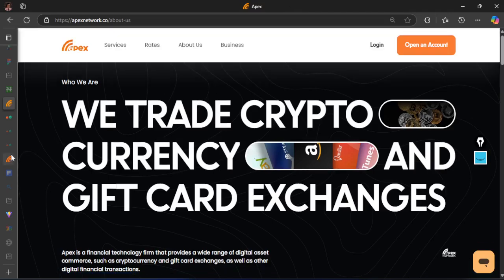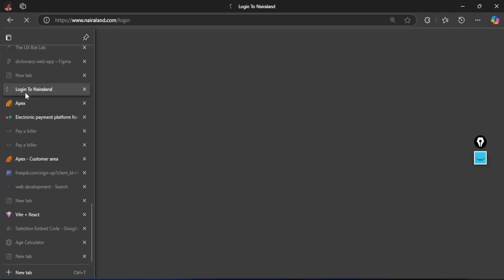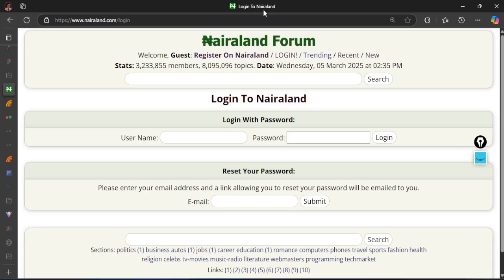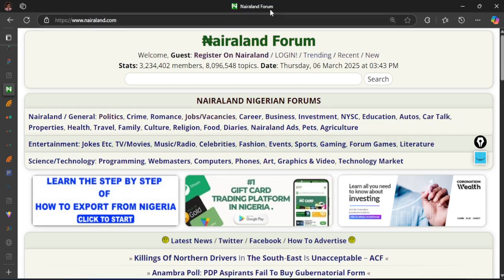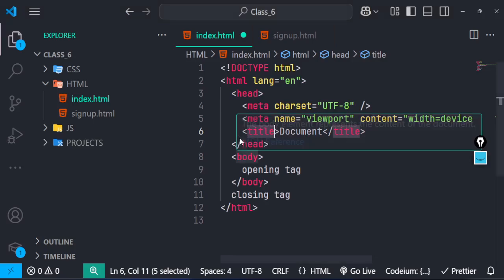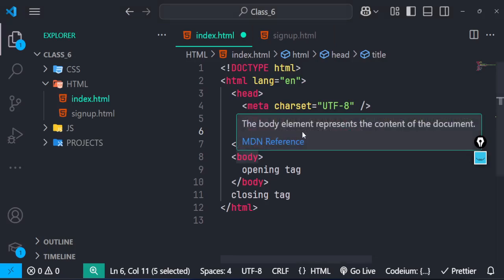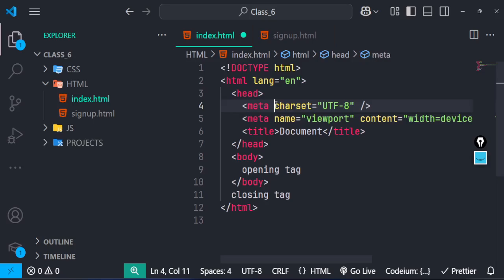Depending on the site, the title will always change or it will be the same thing. As you can see for this site, the title for this page is login to Nairaland. But once I click on the home page, as you can see, it changed. So for each page, you're always going to have this structure and you're going to put the title to differentiate each one of them. If you like, you can use the same title, or you change it to whatever you want. But it's always good that you give a meaningful title to each page